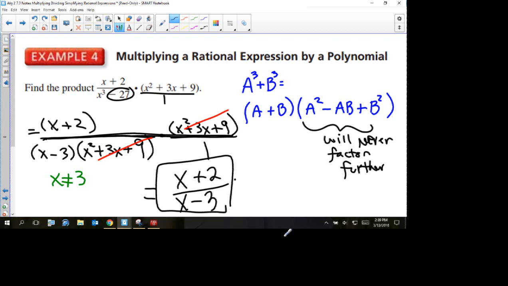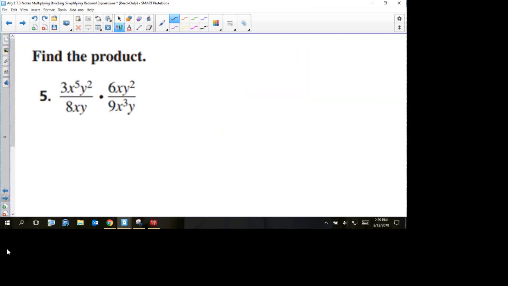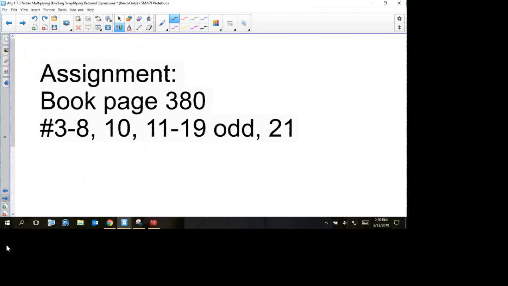Your assignment is in the book. You've got to come factored and ready to go because tomorrow we